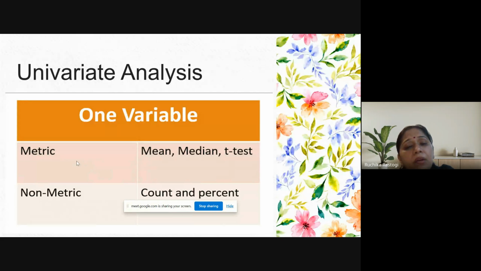So we can only take the mean, median, and hardly go with the t-test of that variable's values. And when we have non-metric data, like perception of people, job satisfaction, satisfaction from a product, that is measured on a nominal and ordinal scale,